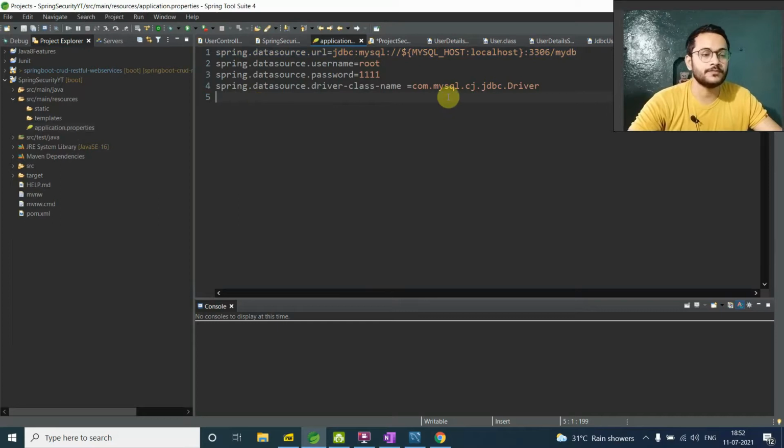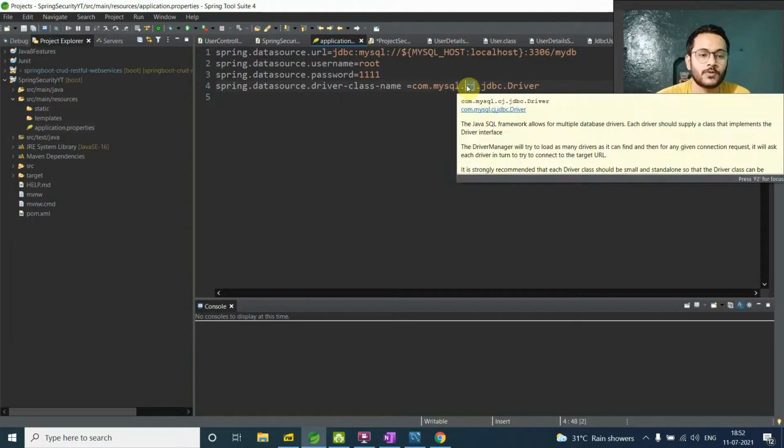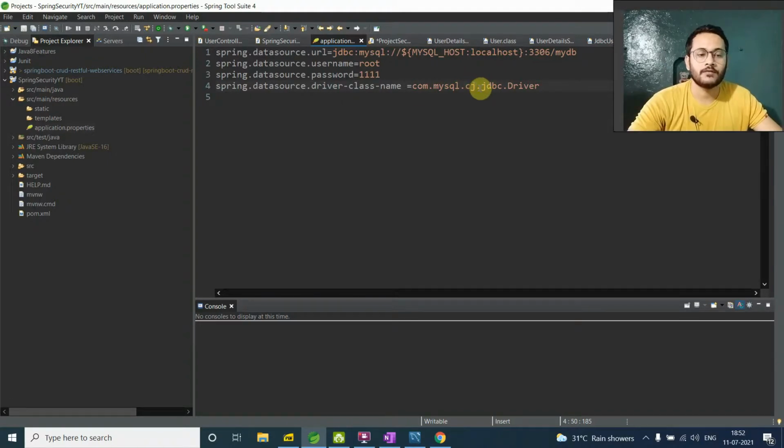Okay, yeah. But this is a pretty important thing. If you are not mentioning this cj, you will find an error. They made some changes in this property, so you just have to put this cj. Okay, and I wrote my username, whatever I have set there in MySQL, and this is the password, and this my DB is the database name. Okay, I think this is making sense. Okay, if you're not passing this port number, it will run, and yeah, you can just take it and paste